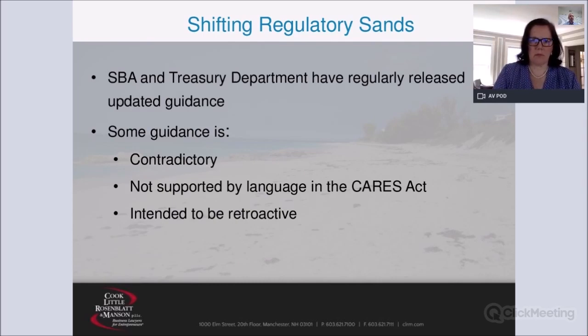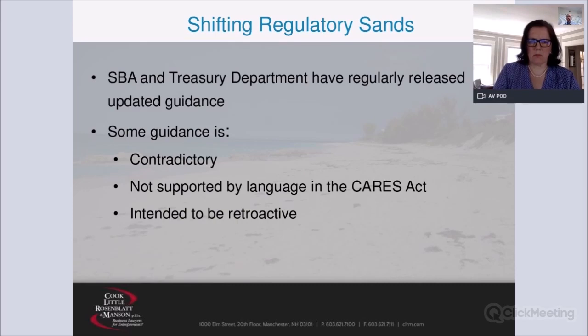And I think it underscores the need for an understanding of the basic context of the loan program, what it is they're trying to achieve, and how the use of the proceeds may be viewed in the context of loan forgiveness. And the guidance that's come out so far has, in some cases, been contradictory, which can be very hard for planning purposes, and is sometimes not supported by the language in the CARES Act. I'll give one example of that with regard to the certification about necessity, and then the later release that kind of turned that on its head a little bit, at least if you were a bigger company.